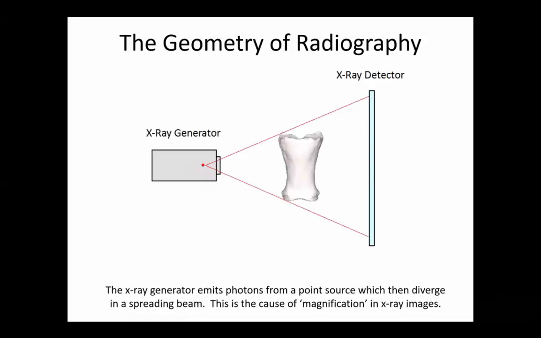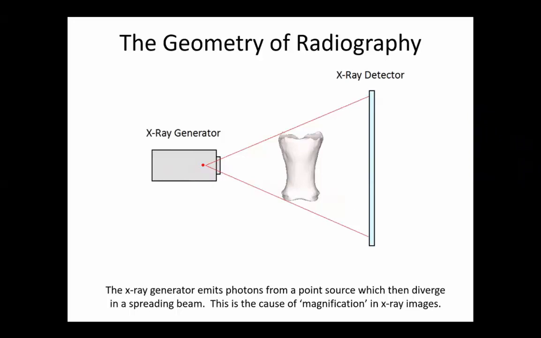So the first, most simple thing to know about radiography is that the X-ray generator that is creating the X-rays creates them from a point source, essentially a point source. And they come out the front of the generator and they spread, like these red lines show how they spread and just touch the edges of this bone that we're taking an